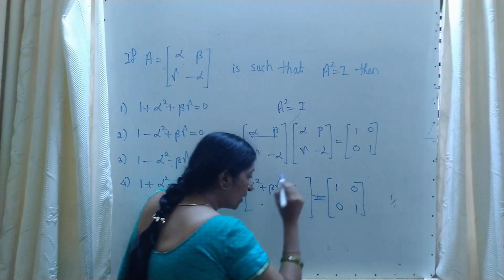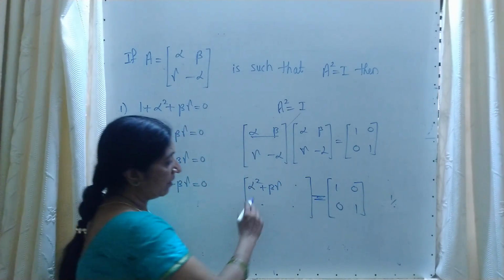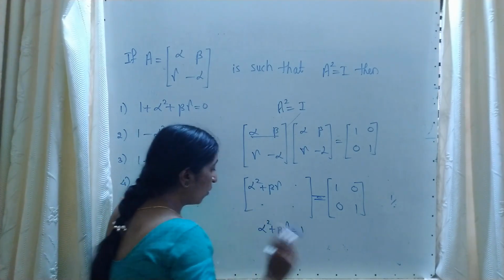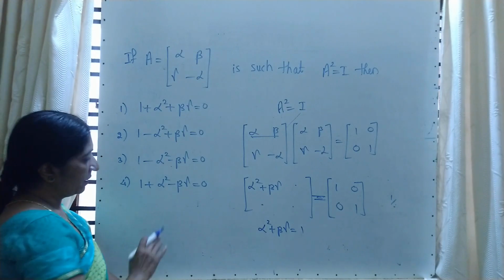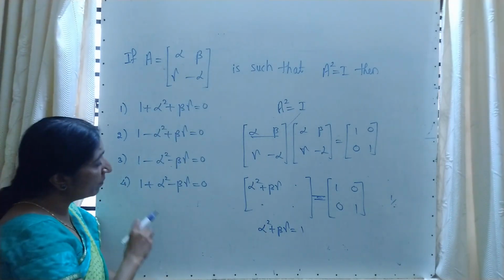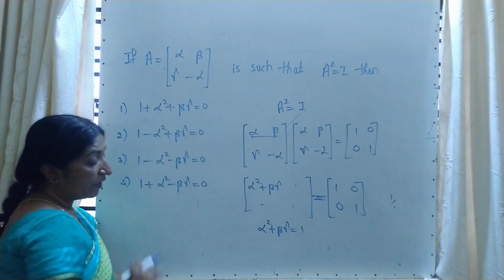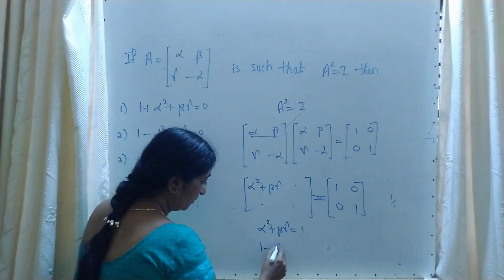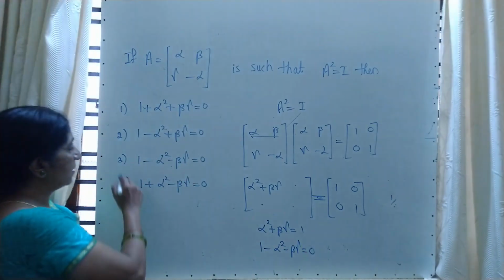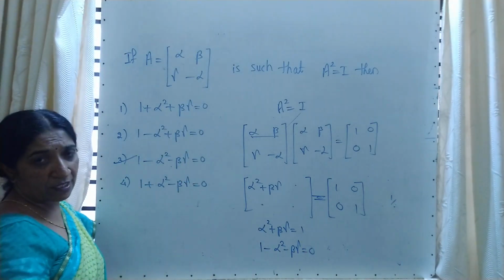Now the equal sign is there. Compare the element. Comparing the first element. If you compare all the elements also, you will get the same answer. And see whether this answer is present or not. If it is not present, rearrange it according to the given answers. See, this answer is present in the third one. Is it easy or what?